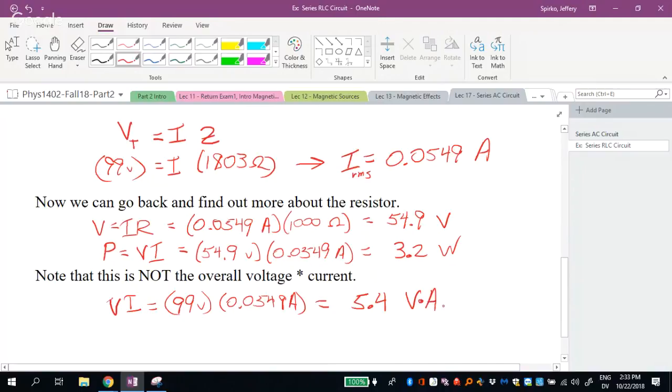volt-amperes. And this is one of those weird cases where scientists and engineers have chosen to be a little bit specific about the units when a certain kind of calculation is done. So if your calculation is for a resistor, then the voltage times the current is the power in watts. But if your voltage times current is for an overall circuit, technically it's not the power in watts, it's called